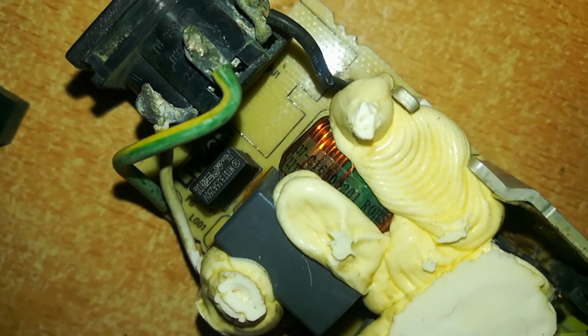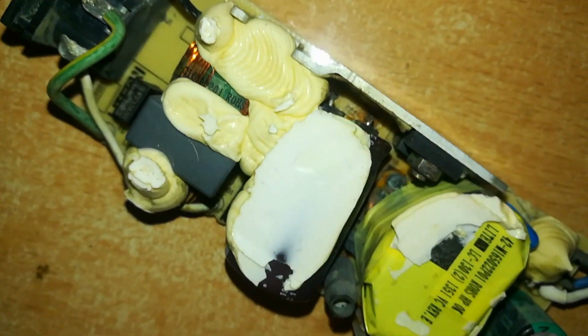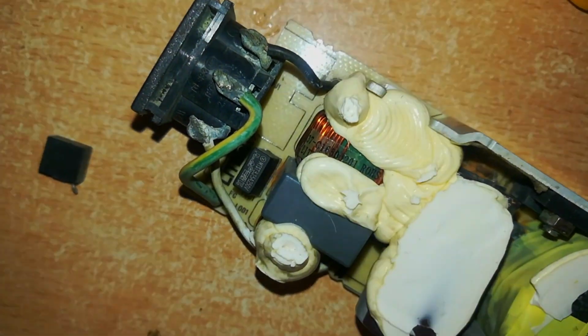The fuse that I've replaced is working. I've tested it with a multimeter. Now let's see what happens when you connect this to a power source. I've connected the adapter to a power source, and I've not switched it on. I want to switch it on, but I've had to place the cover over it